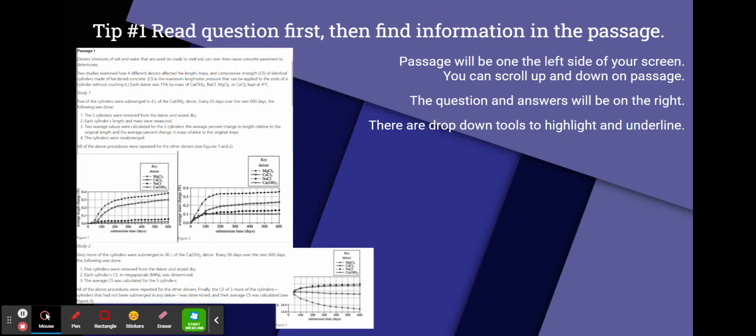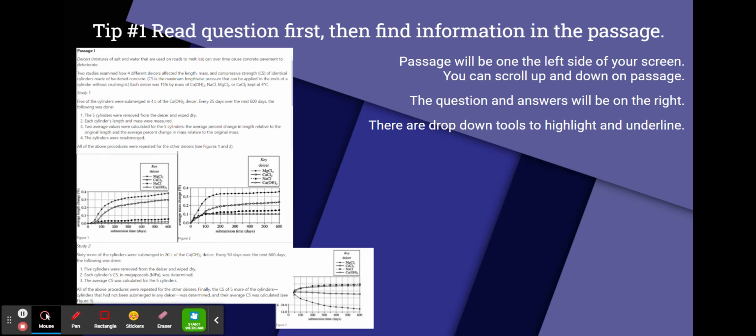So, what it looks like. You're going to be doing this online. When you open it up, you're going to see a 1 through 40 at the top. Those are all your questions. And then you'll start with number one, and you will see a passage on the left that you can scroll